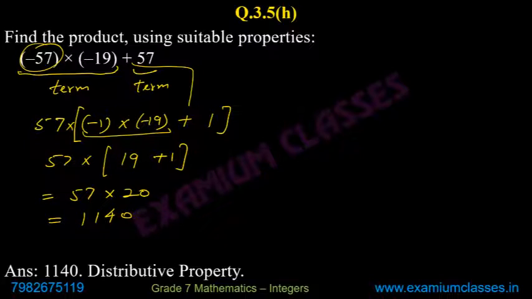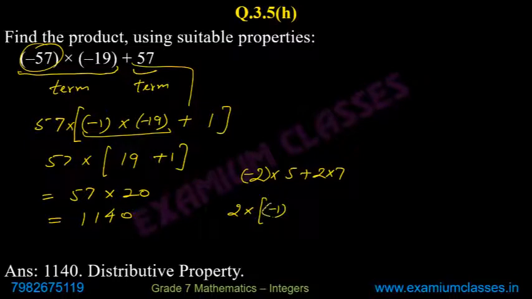So one common rule: if you have something like 2 into 5 plus 2 into 7, then between these two terms, you can take 2 common and it will be 5 plus 7. But if it is minus 2, then the only difference will be that you will still take 2 common outside, but in place of minus 2, instead of 1, it will be minus 1 now into 5 and then plus 7. So that is the only difference you have to consider.